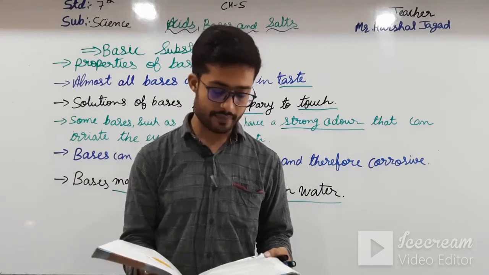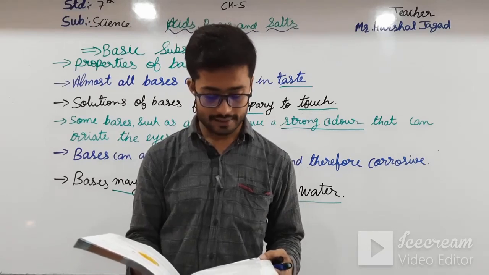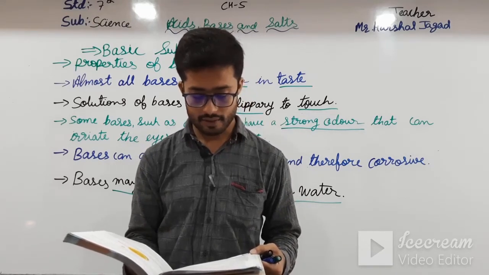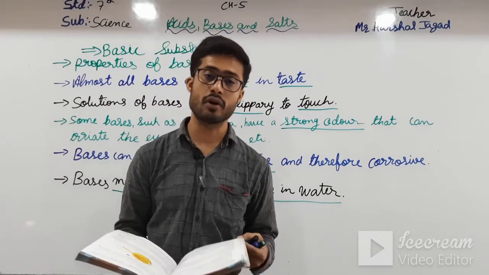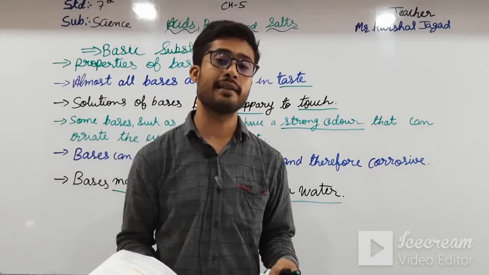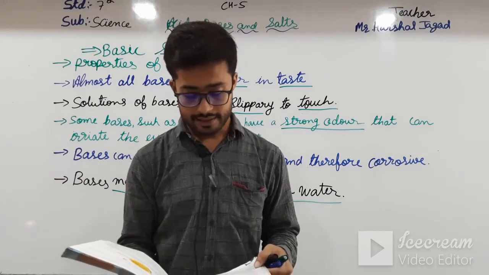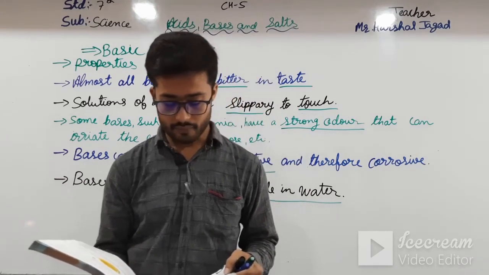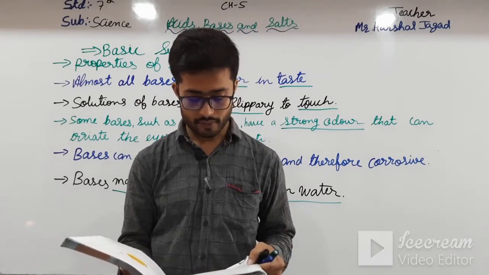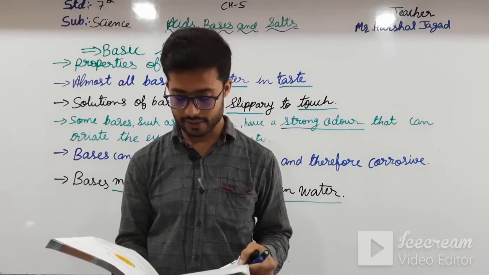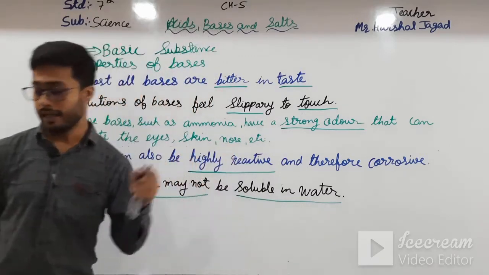And here our next is magnesium hydroxide, that is milk of magnesia, Mg(OH)2. It is used as an antacid or a laxative. It helps to reduce excessive acidity in our stomachs. It is used as medicine. If there is acidity, then we can take this. Ammonium hydroxide, that is ammonia solution. It is used as a household cleaner. It is used in the production of fertilizers such as ammonium nitrate and ammonium phosphate. Okay, students, these are some of the uses of it.